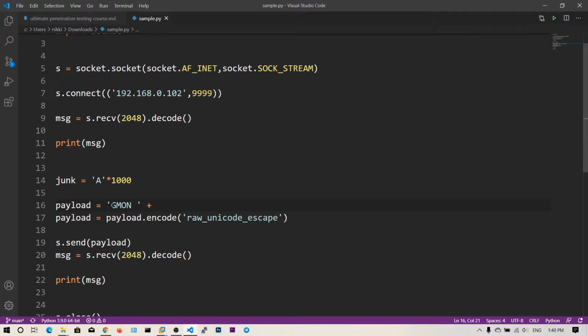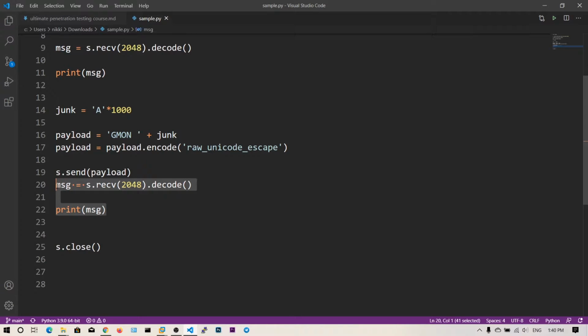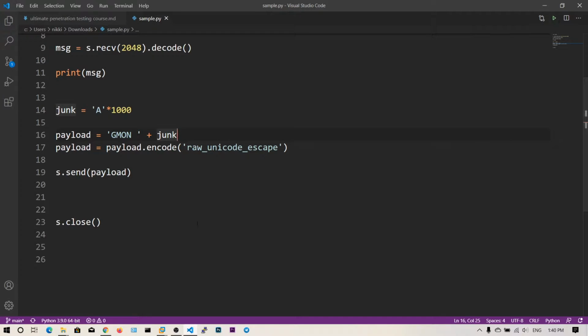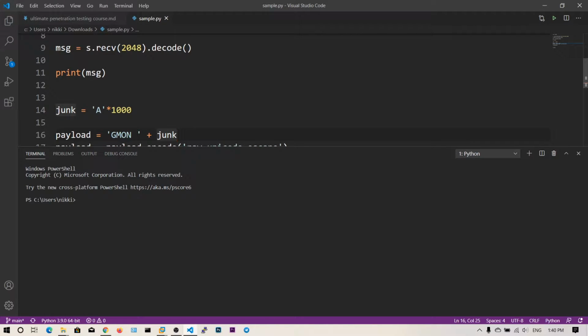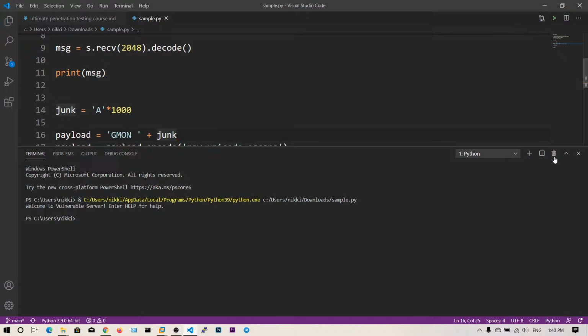and say junk. So guys, I'm not going to use any fuzzer like boofuzz because it will take so much time. I'm just showing you that you can take this GMON space and the static part, put that in, and use the boofuzz fuzzer. So let me check if the binary is overflowing. We did not overflow this one.